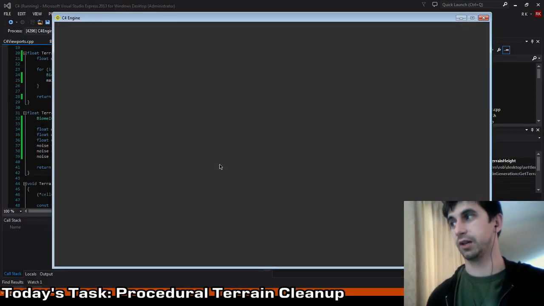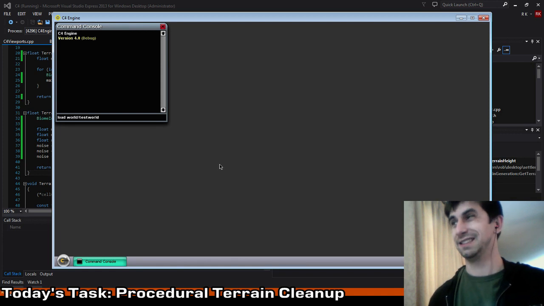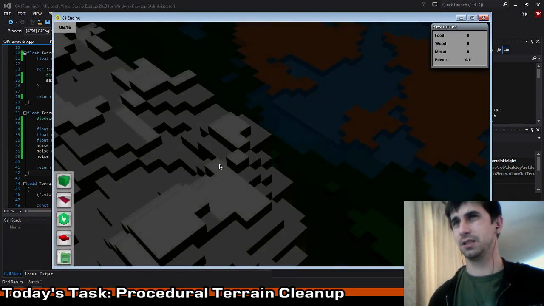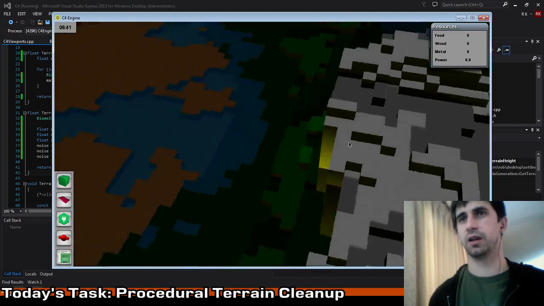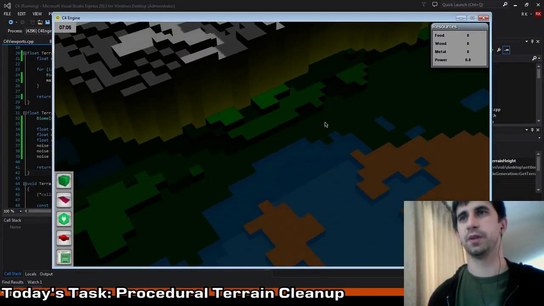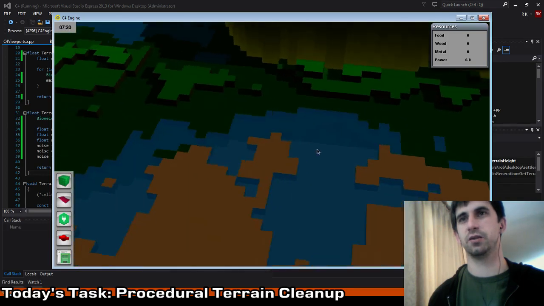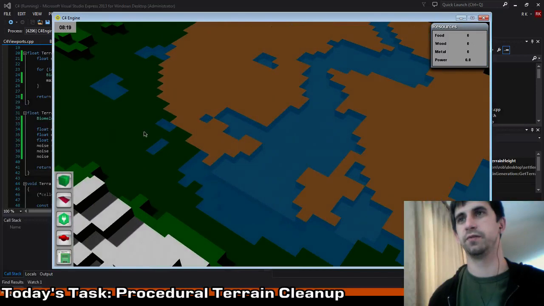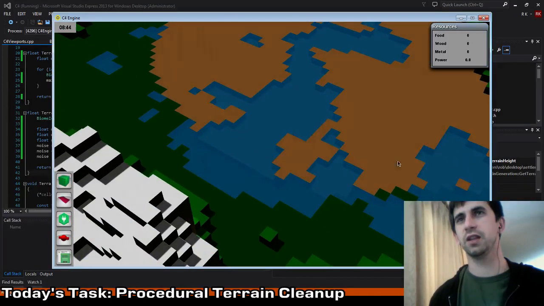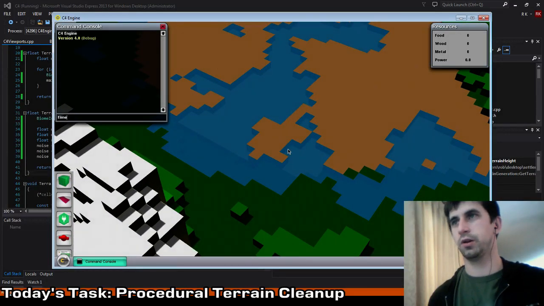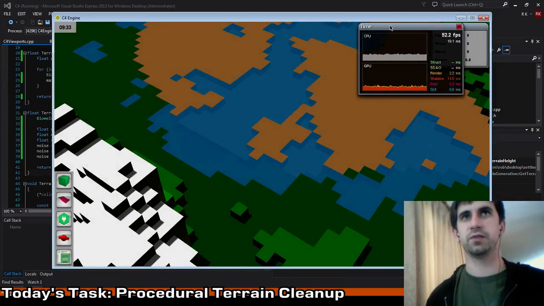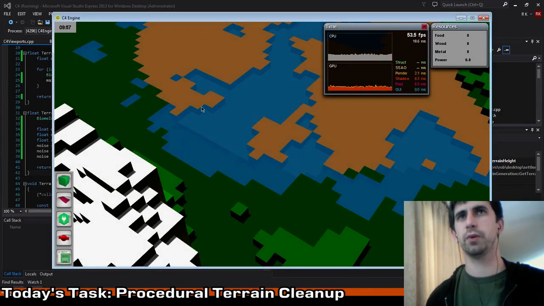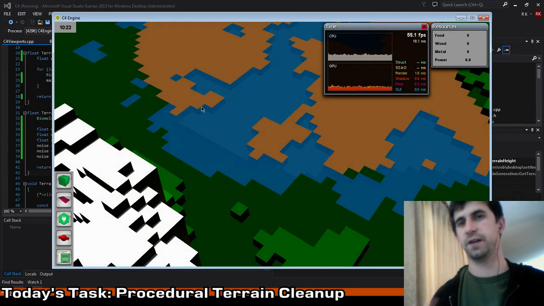Watch me just break everything right now. Don't break. Please. No, that looks good. Okay. Cool. And I got all the skirts in, as you guys can see, so all the terrain actually has a correct setup of all the various skirts. And the funny thing you may note, for those who are able to tell the difference between the frame rate, remember before we were sitting at about 55 frames per second, and we're still sitting at about 55 frames per second. There's no big difference here,